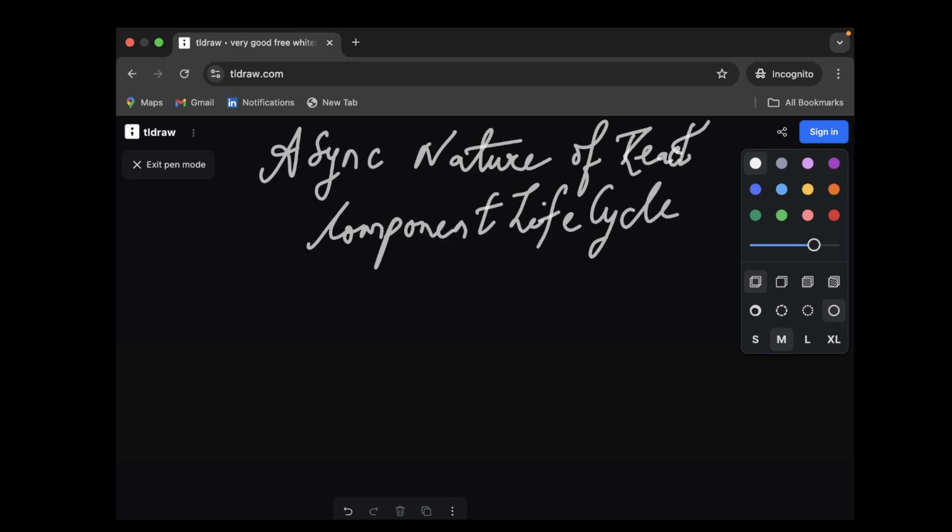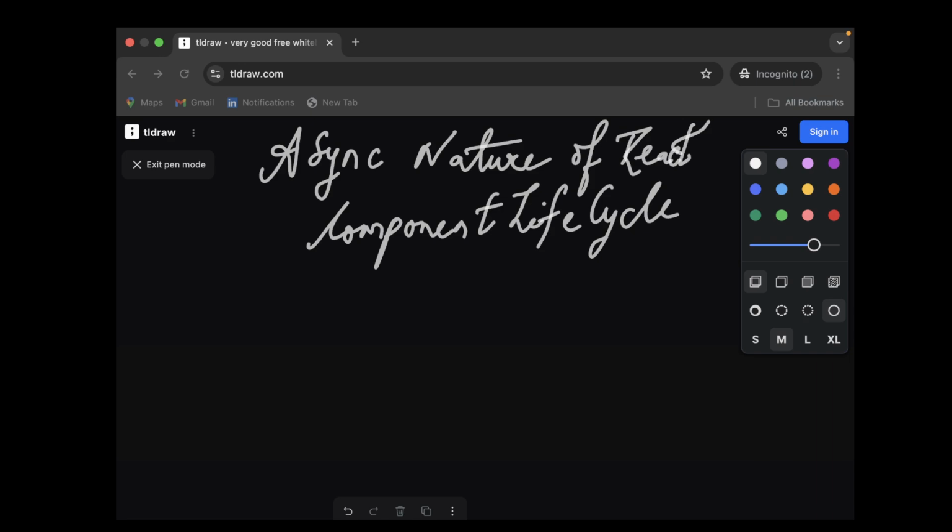Using both of these, we'll try to understand how React is going to work, and then we'll see some examples, and then we'll try to understand why and how to use this process,